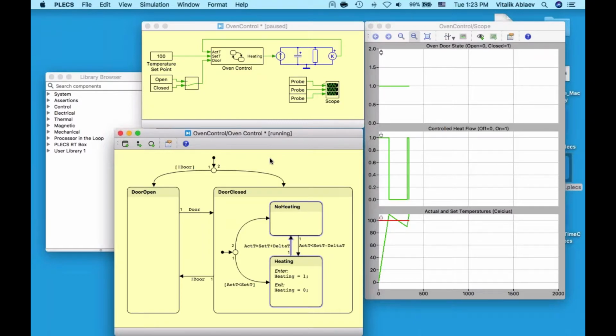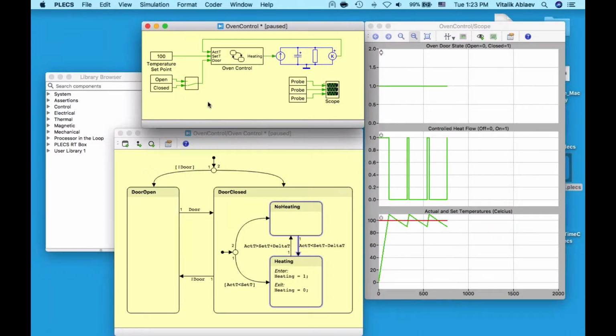Essentially, this simulation will continue to go back and forth, from 110 degrees to 90 degrees, which is plus or minus 10 from 100, which is the set temperature, until something happens, until there is another input to the system. In this case, it could be